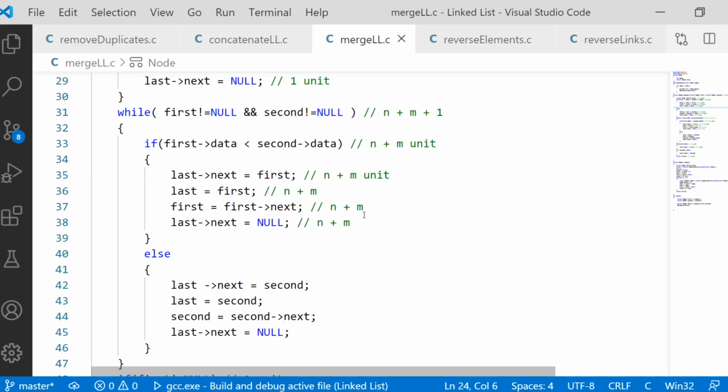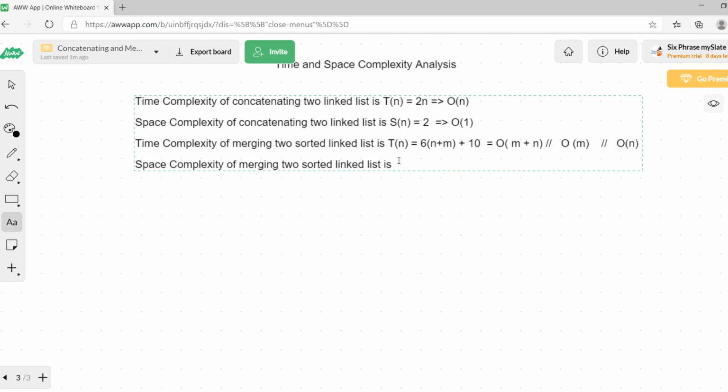What is happening to the existing nodes? Existing nodes are becoming the third linked list. We are not creating any third linked list separately. We are converting the existing nodes of the first and second linked lists into a third linked list. No extra node we are creating. Existing nodes only, we are just rearranging them. So only four extra blocks are taken, which means only 4 units of space, constant space. So the space equation S of n is equal to 4 units, which is constant space and is not going to change with respect to any input.